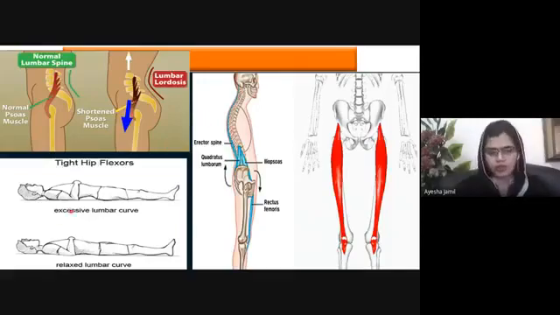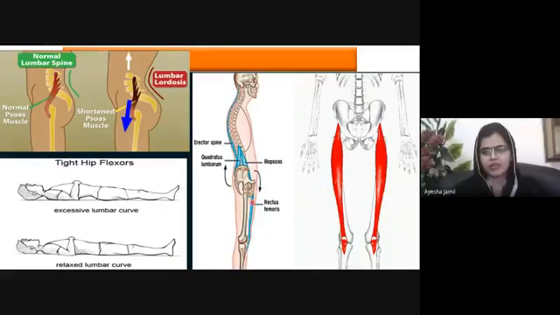You can see over here, if the rectus femoris is also taut, as it is a two-joint crossing muscle, it is attached on the anterior superior iliac spine and inserts on the ligamentum patellae. This means that the movement of this muscle will be associated with movement at the knee joint and at the hip joint.